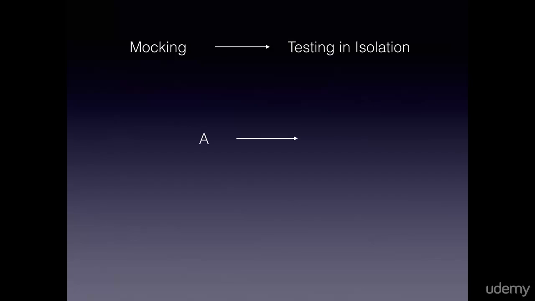If class A depends on or uses class B, and if we are unit testing class A, then we will mock out class B and all the methods on class B that class A uses. The mock object will then take the place of the real object B. The idea of unit testing is to test our code without testing its dependencies. The theory is that each unit is tested on its own, and when they all are integrated, they will work great.